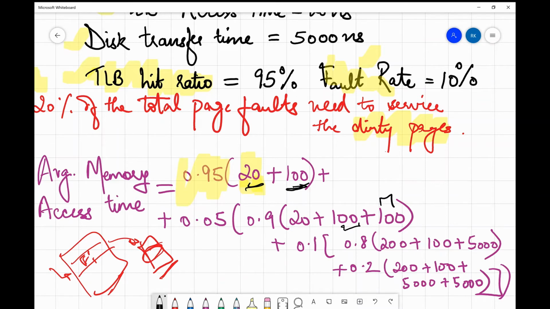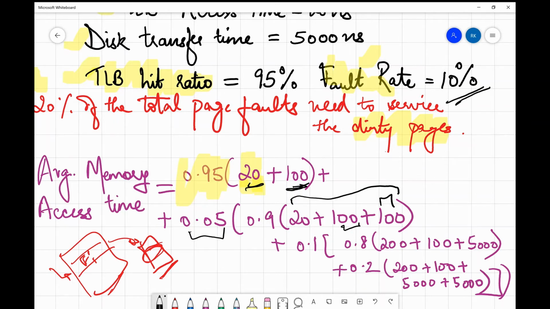So, for the other cases, which is 0.05 fraction, that is for the remaining 5%, ideally it should have been only this portion. But now since we have some extra things over here, we also need to consider them. So they will only occur in this remaining 5%. Then in this remaining 5%, either a page fault can occur or it may not occur. So now the rate specified is 10%. So in the 90% of the cases, in the remaining percentage, there won't be any page fault.